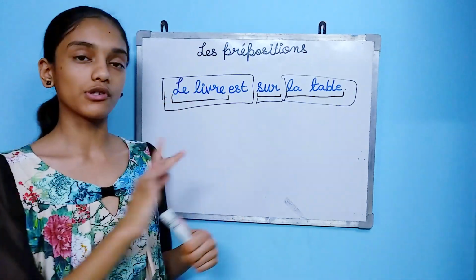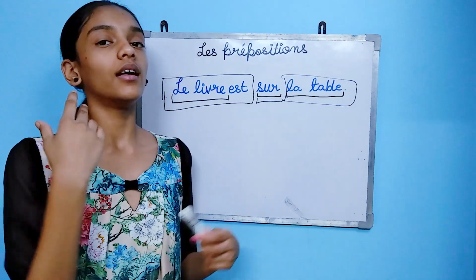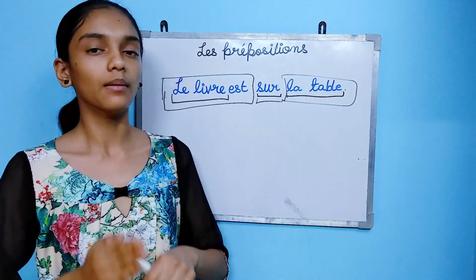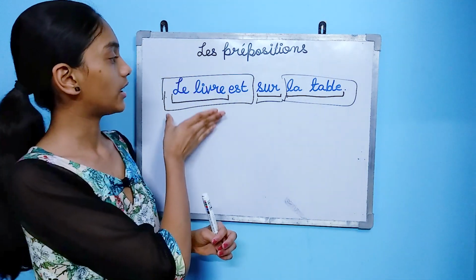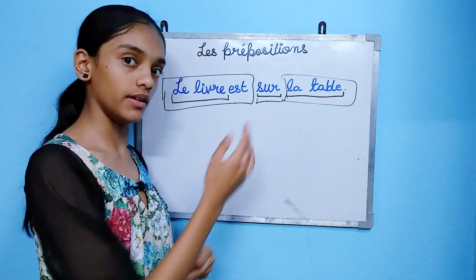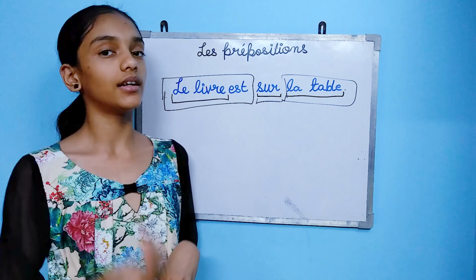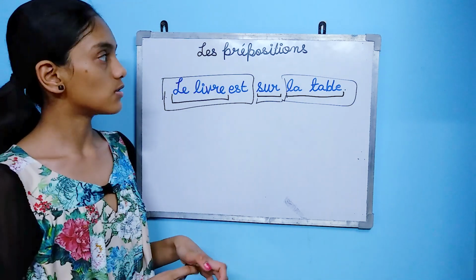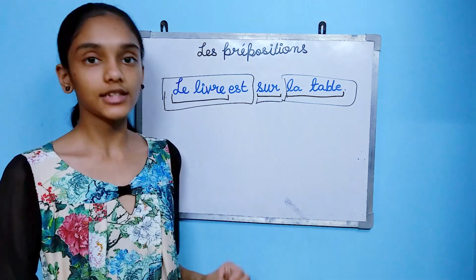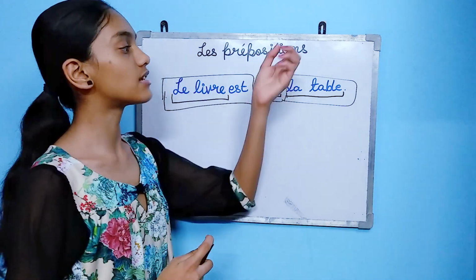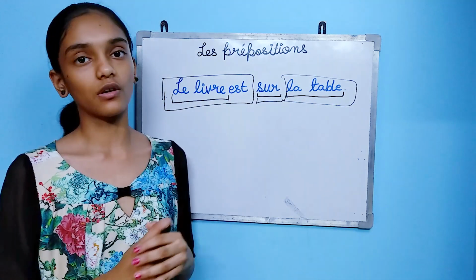Prepositions usually tell the place where the second element is. Here, it tells that the book is on the table. It could have been the book is under the table, the book is beside the table. So prepositions, in a way, tell the location of an object. They will be placed between the two elements of